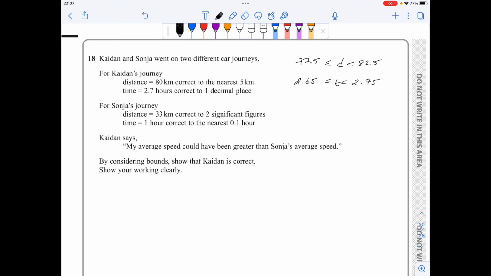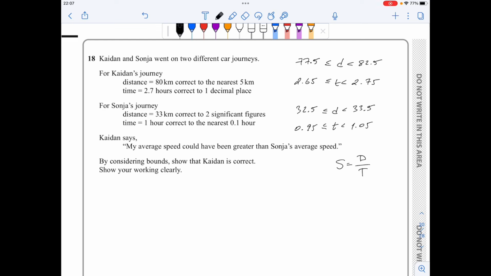For Sonia, the distance is between 32.5 and 33.5, and the time is between 0.95 and 1.05. Now I'm going to use the fact that speed equals distance over time, and for Kaidan